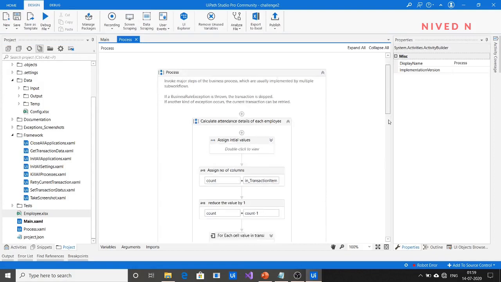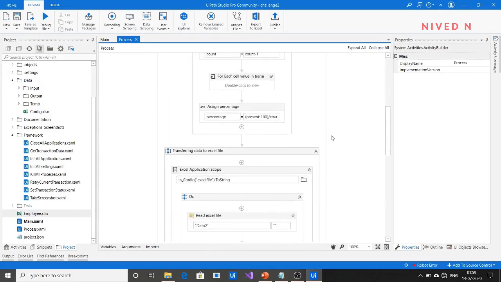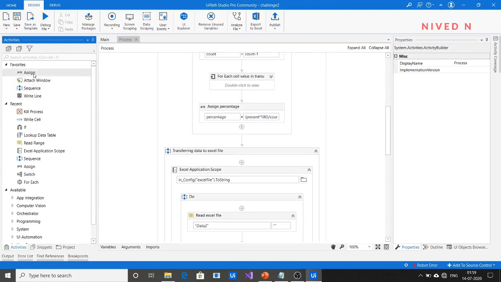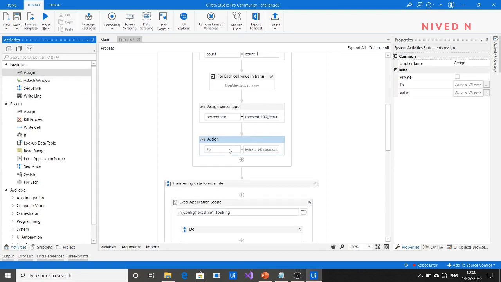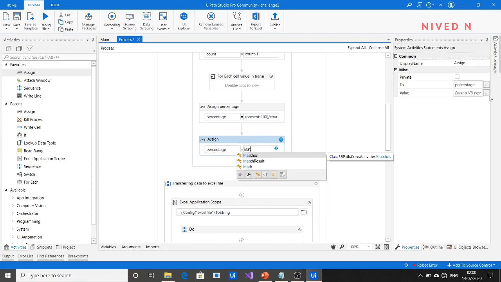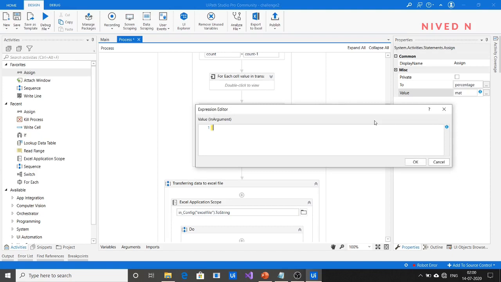In the percentage section, try to use another Assign activity. In that Assign activity, use percentage. Use the activity called, just type it here, Math.Round. Actually it rounds that percentage to, let's say, two decimal values.